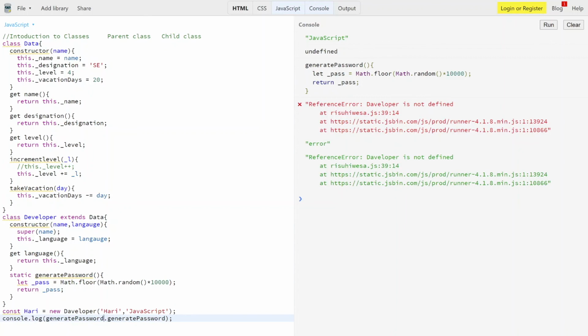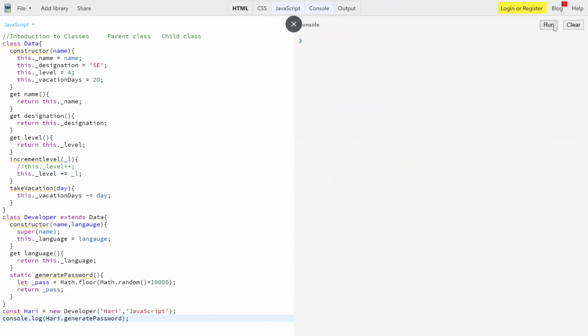We have Developer over here, and then I have to use hurry, and it will give me a reference error. Let me clear and run this. It will give me a reference error, which is equal to undefined. Why?